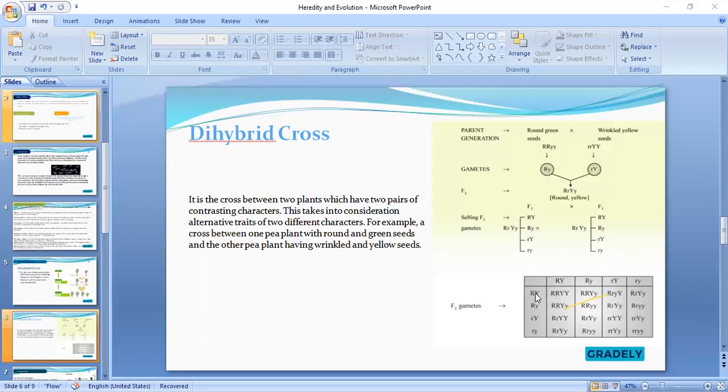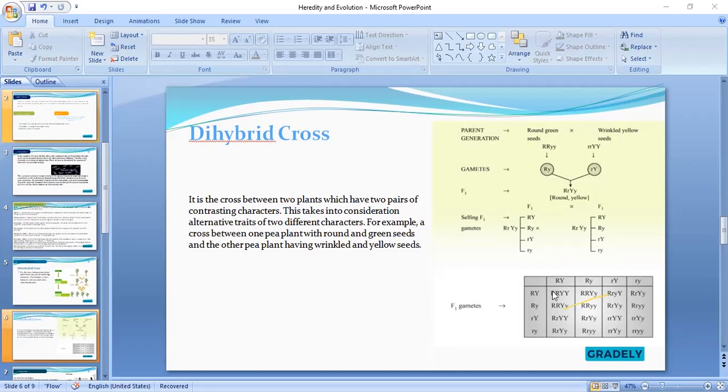We'll come to the second one. So when this crosses with this, you see what it has here. Now, capital R times this, we're having capital R, capital Y, small y. I told you something when we started. Dominant usually comes first. There is no way a recessive character can come and be overshadowing the dominant. It's never done. Whenever you say it's so, please call me. It's an abomination. So that is it.